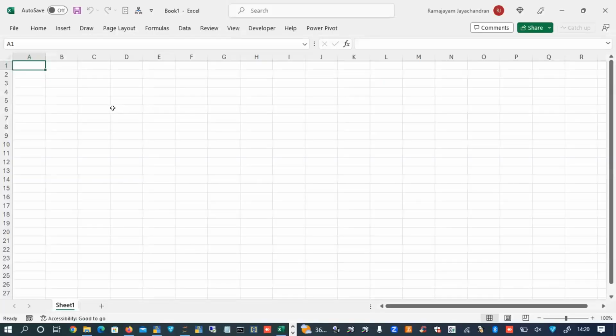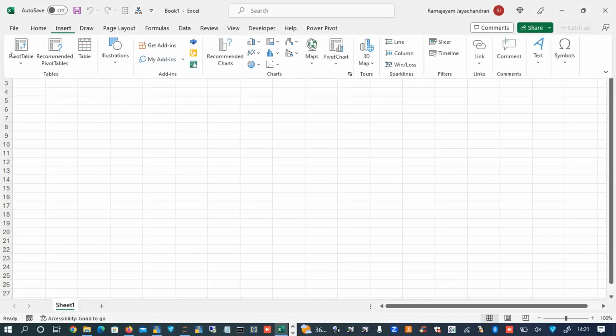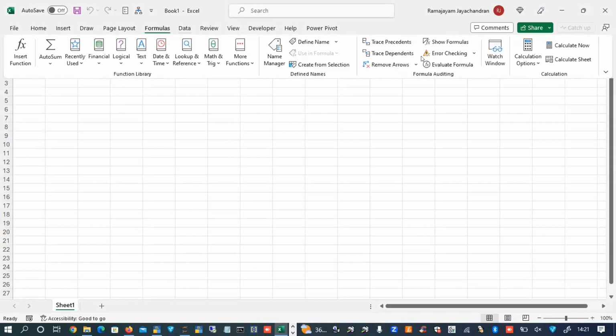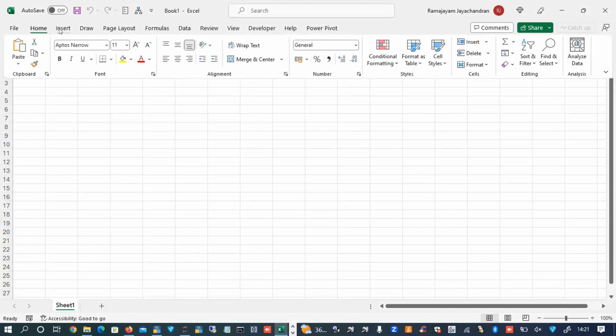So let's assume you have sheets full of data. Sometimes you use options in the home tab, sometimes insert to use pivot, page layout to give printout, formulas to apply a formula, data to do various functions like importing and sorting. Each head is a different menu, or ribbon.